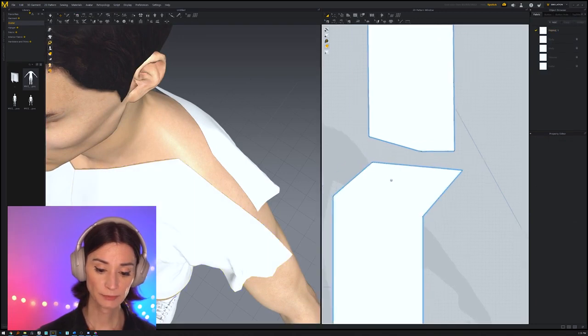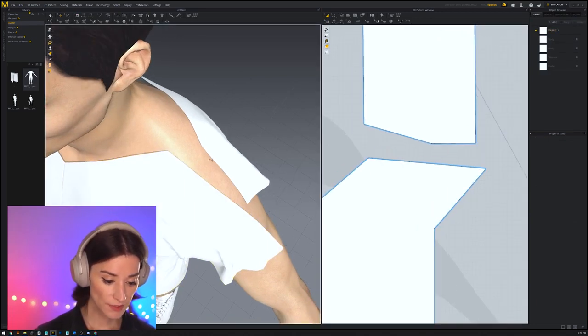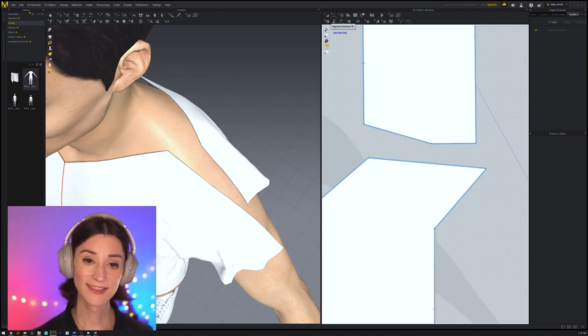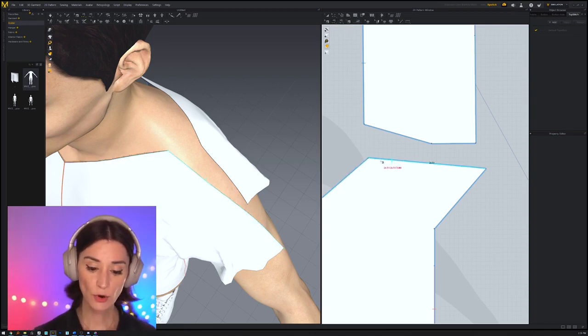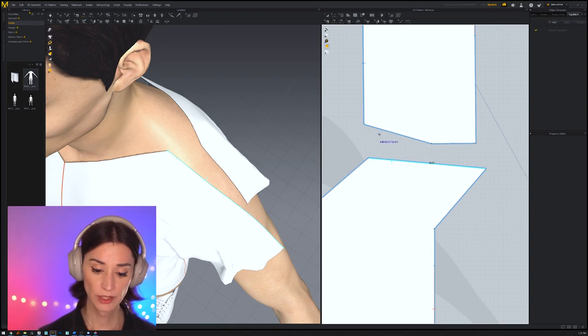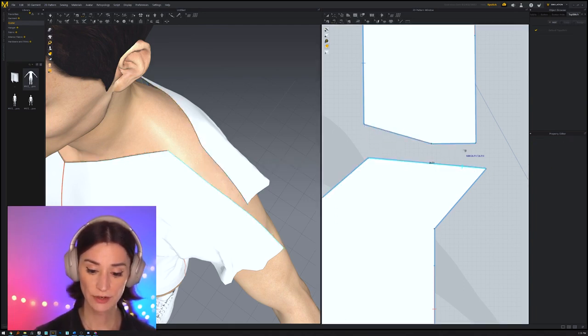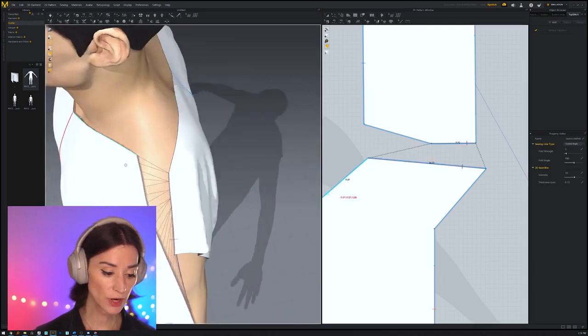What do I mean by that? Well, you can see here that if I press N to go into segment sewing, this is the mode where you can simply click on one edge and click on a second edge, and it's going to create a sewing between these two edges there. What happens is that if you create a seam like this